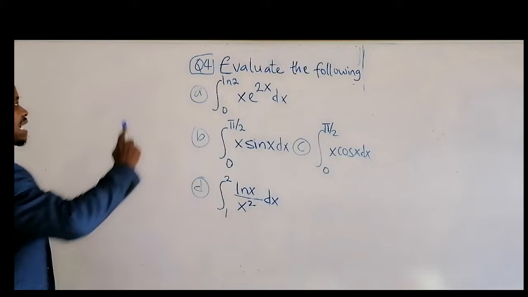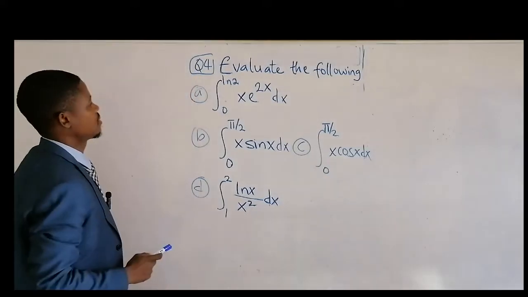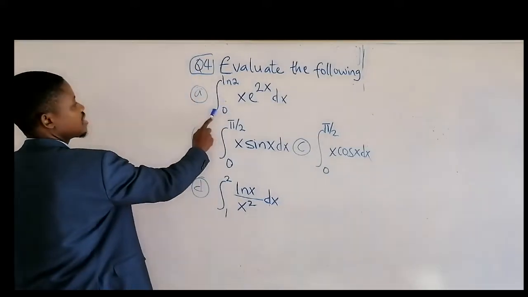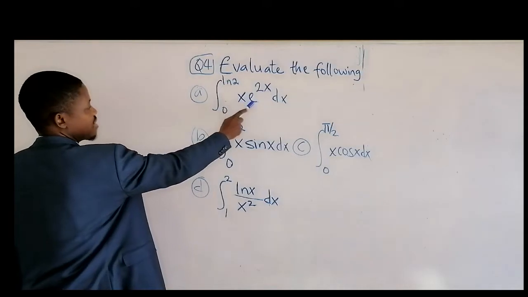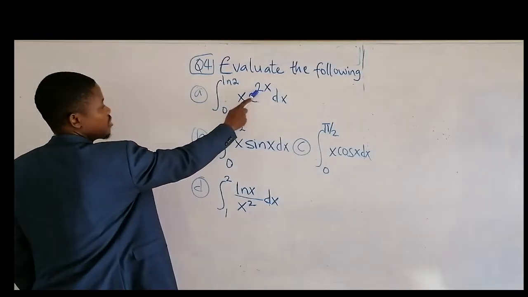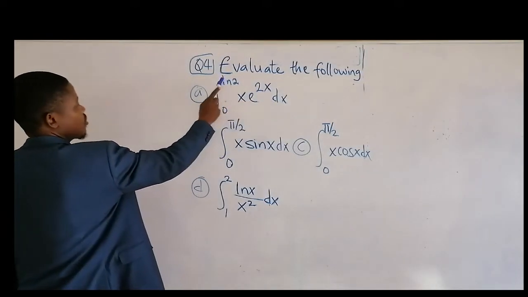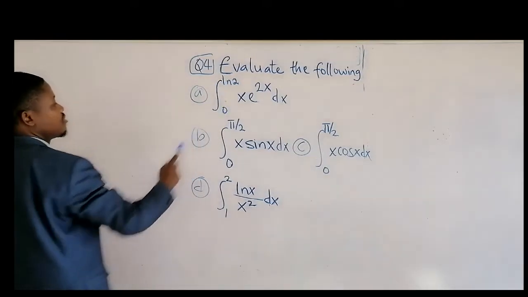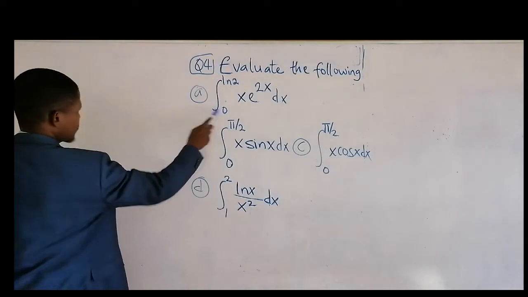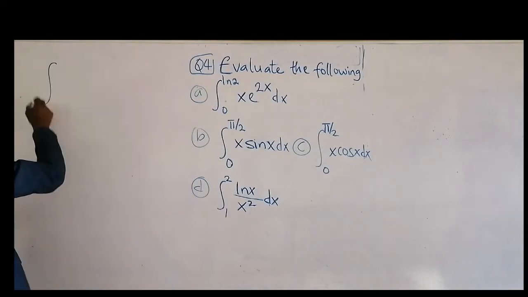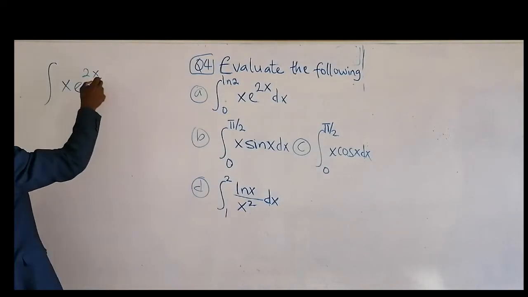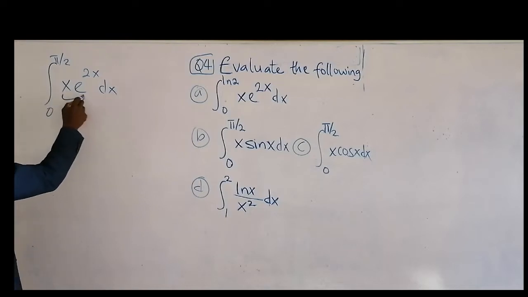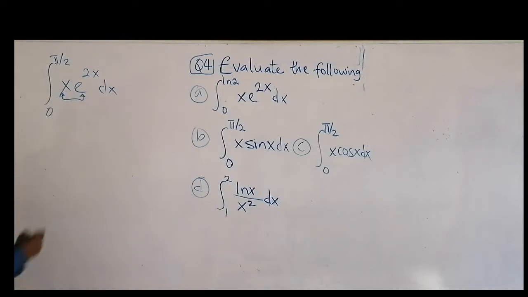Question 4. Evaluate the following: the integral of x times exponential to power 2x dx, with the upper boundary ln 2 and the lower boundary 0. So let's see the solution to that. This is a product of two items, so we're going to use integration by